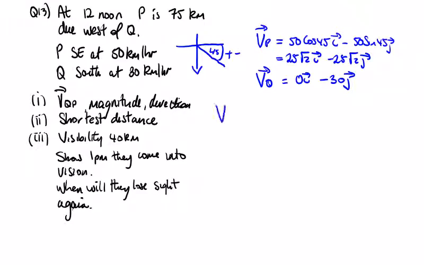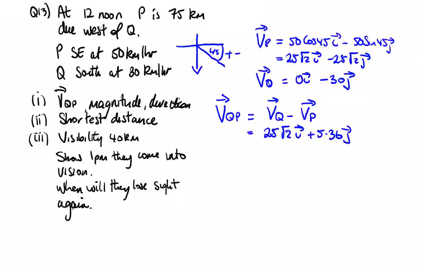We're asked to find the velocity of Q relative to P, the magnitude and the direction. So the velocity of Q minus the velocity of P, which is equal to 25 root 2 minus 0, so just 25 root 2 in the I direction, and minus 25 root 2 minus 30 in the J direction. I'll just bring them together. So it's going to be minus 25 root 2 plus 30, which is actually going to give me plus 5.36 if I do it on a calculator. 25 root 2,